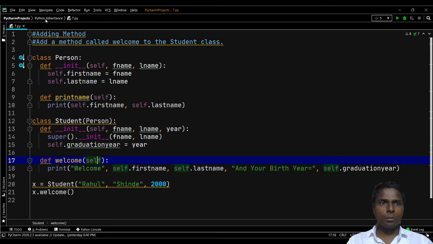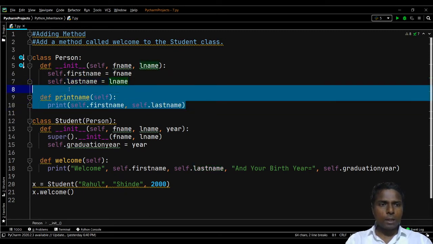And here we'll be ending our Python inheritance concept, where we understood how to create a child class from the parent class. So I'm again revising. From this program we'll understand how to add a particular method in the child class or derived class. In the last session we understood how to add a particular property for the child class. Now from this program 7.py, we will understand how to add a particular method for the child class.